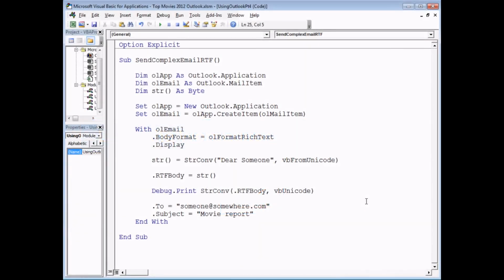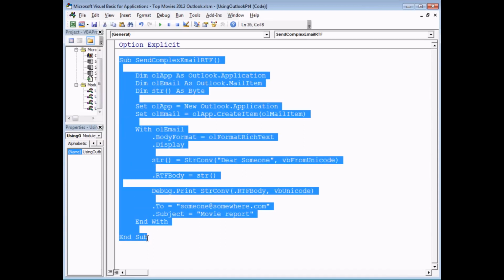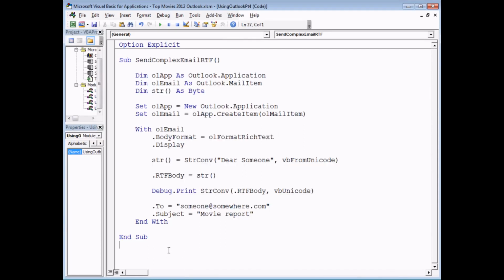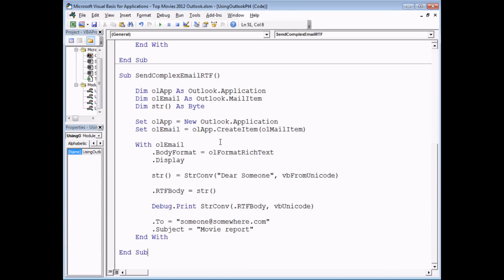Now, the approach to using Microsoft Word to edit the content of your email is a little bit different to what we've done so far, but the basic structure is the same. So what I'm going to do is copy this subroutine that we've written already, and paste it in down below. And of course I'm going to need to change the name of the subroutine, so I'm going to call it send complex email. In fact, I'm going to just say send email using Word